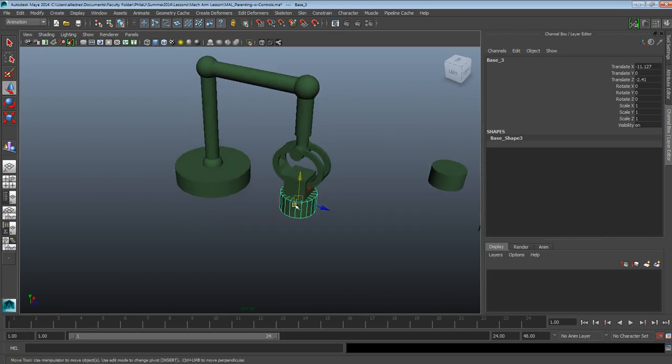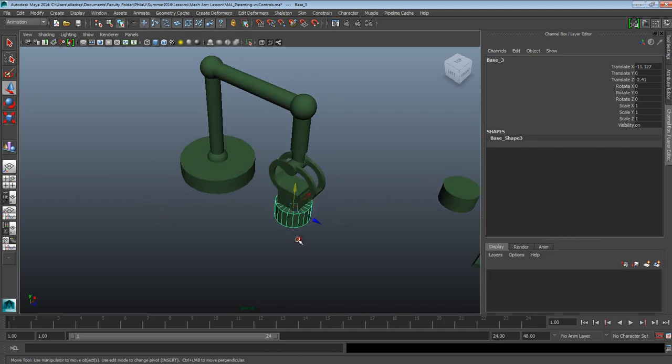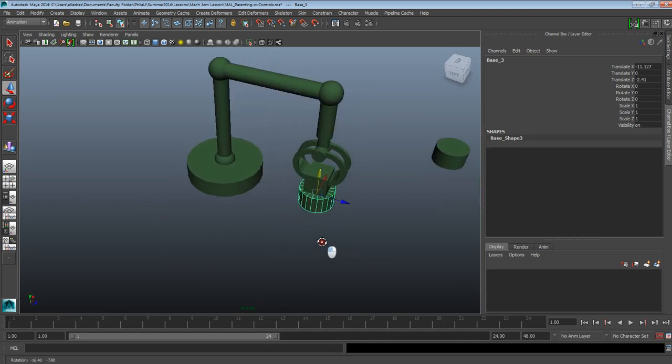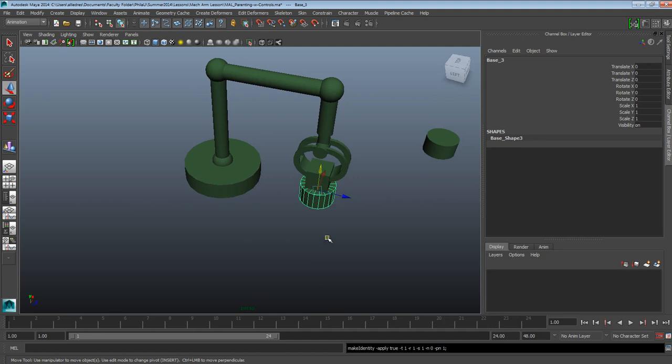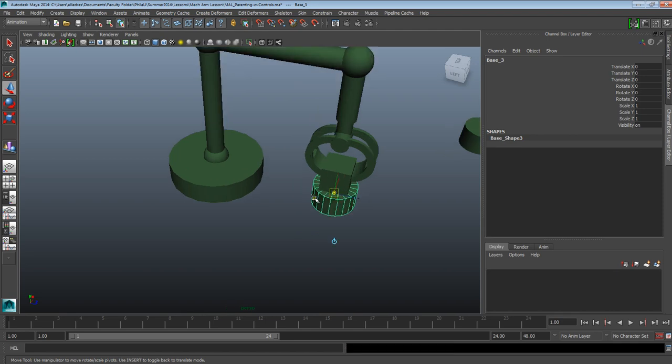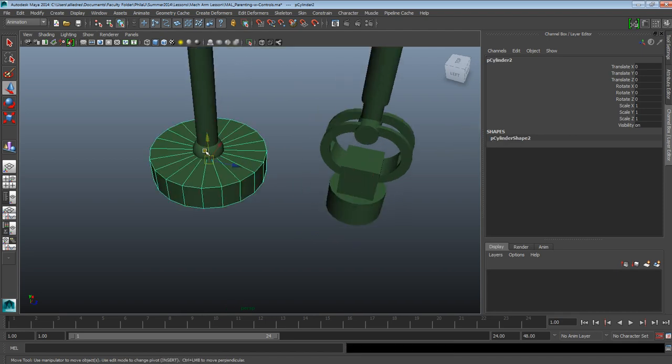So I want to make sure that I can rotate this right here in this direction and place it right at 45 degrees from this point. So to do that, I'm going to hold D, and I'm going to change the location of my pivot here, and I want to align it to the center of this object right here. So by holding D, snap to vertex,